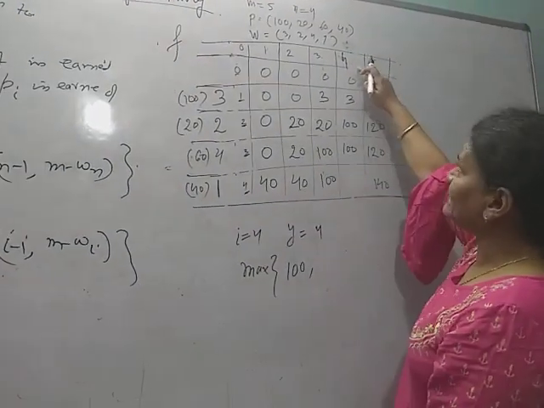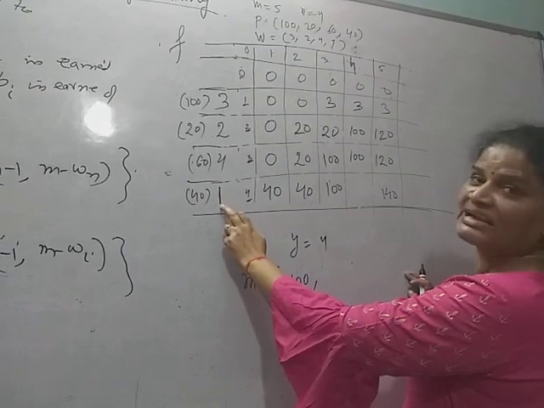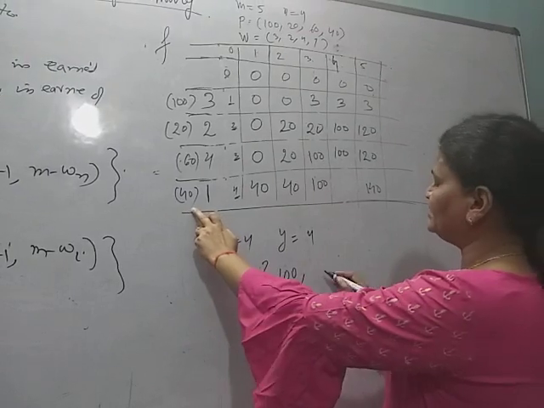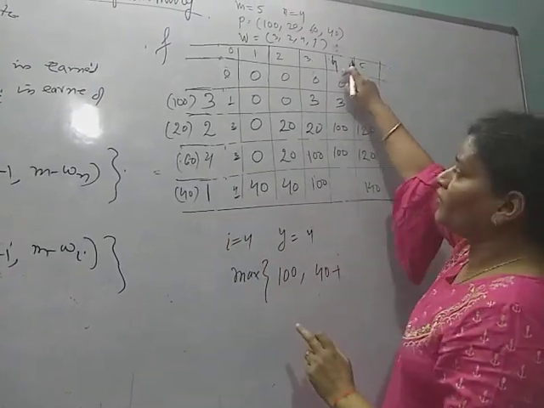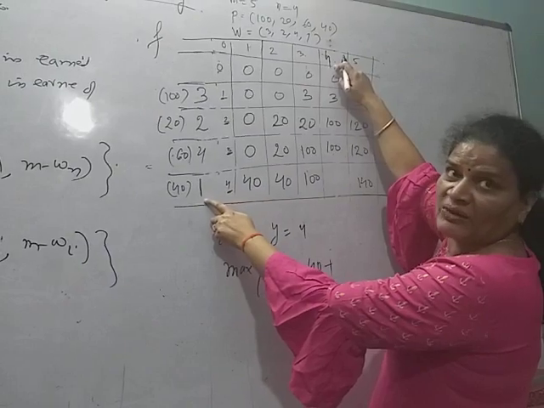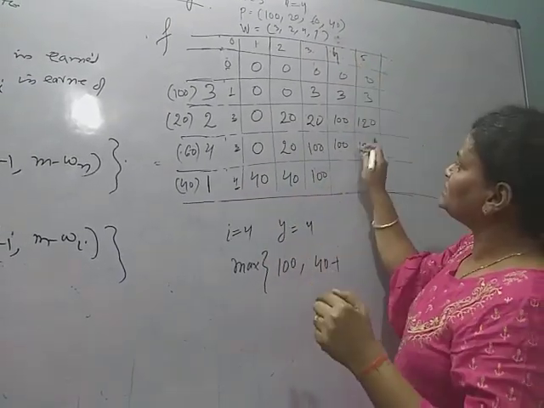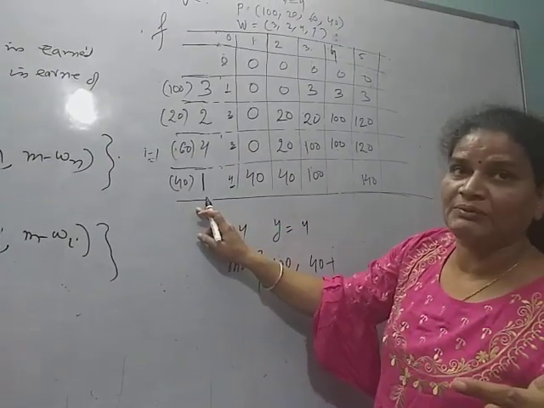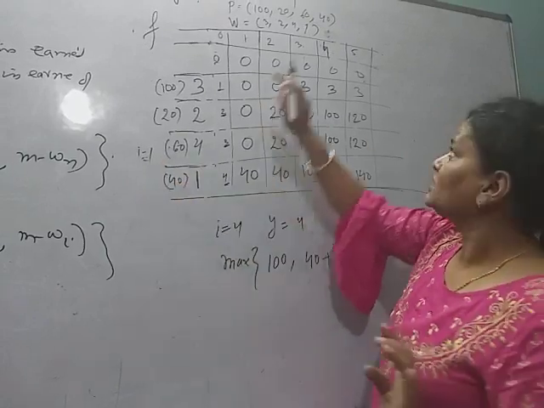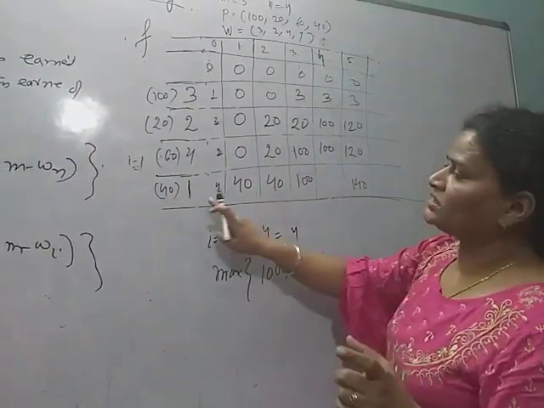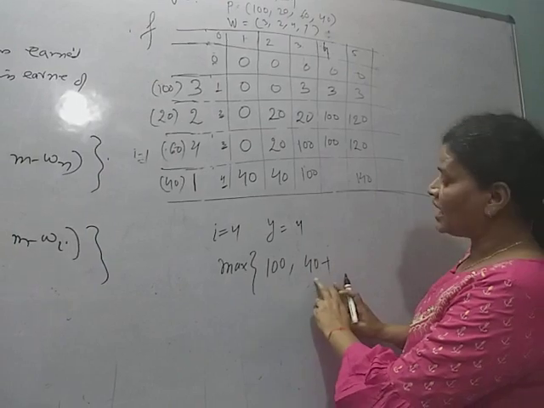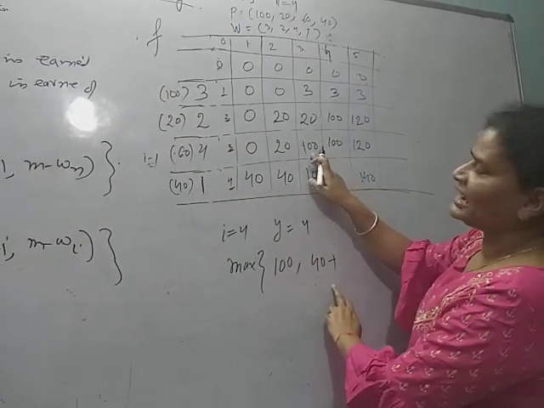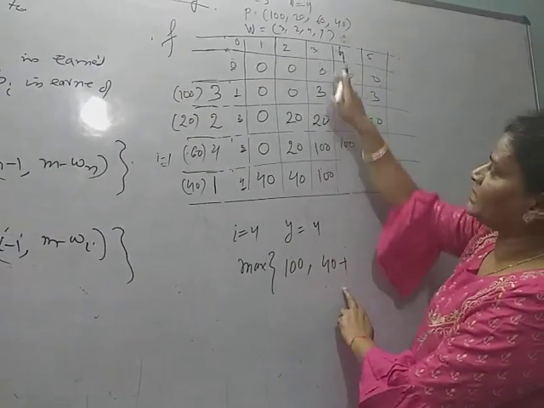Okay. Now here if I include this object whose weight is 1, and here the knapsack capacity is 4. So the profit earned is 40, plus 4 minus how much weight have we added? 1. So how much remaining capacity is left? 3. So in the previous row, you only have to look at the i minus 1 row. If you are computing the ith entry, you have to look at i minus 1. So if the capacity is 4 and you have filled 1 object, meaning you have included the object, the capacity is 4 minus 1, 3, and at the third there is a profit with capacity 3.